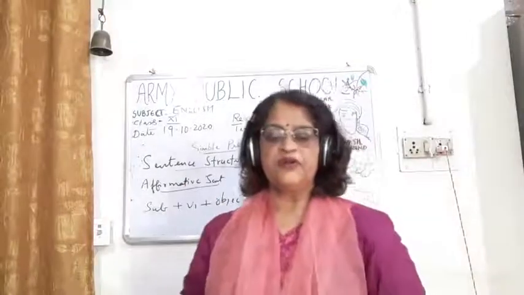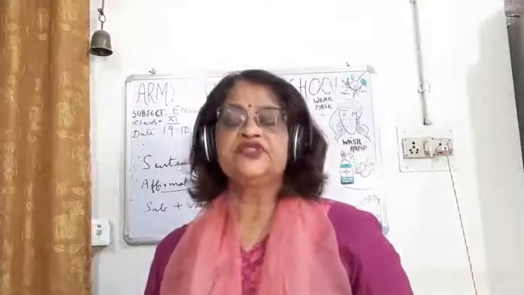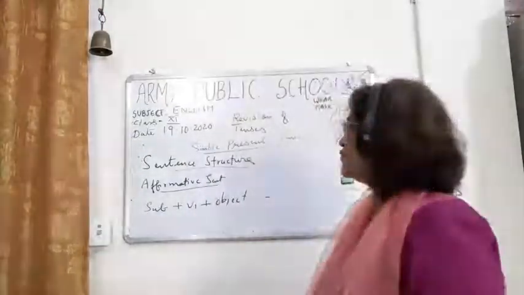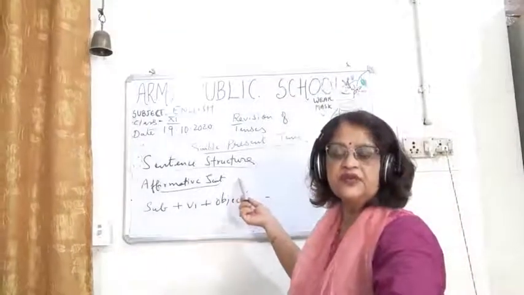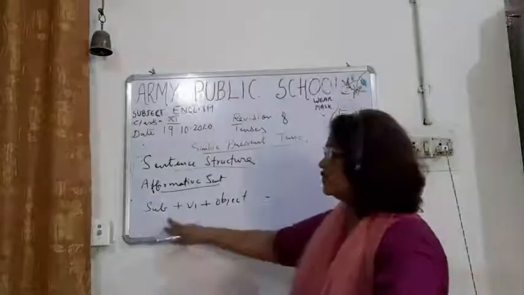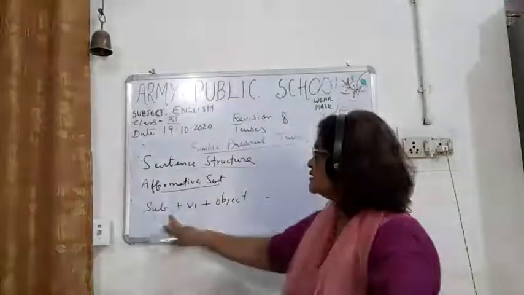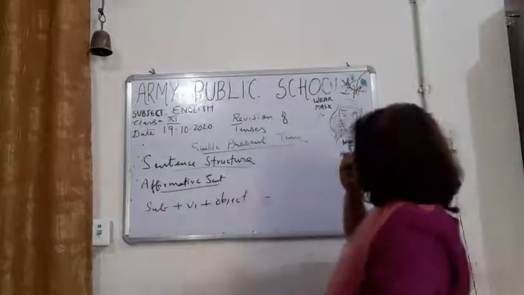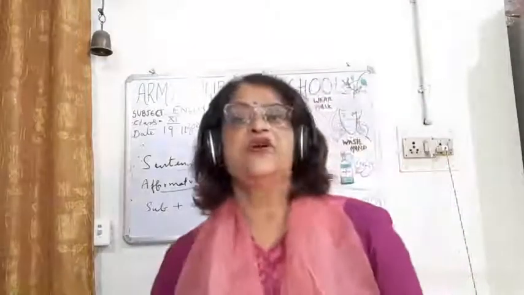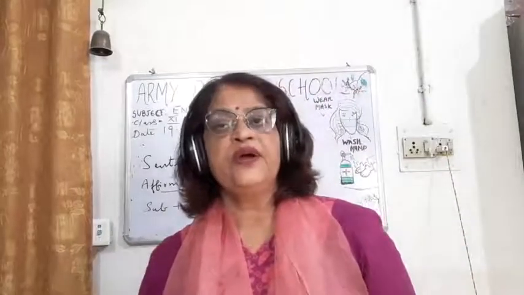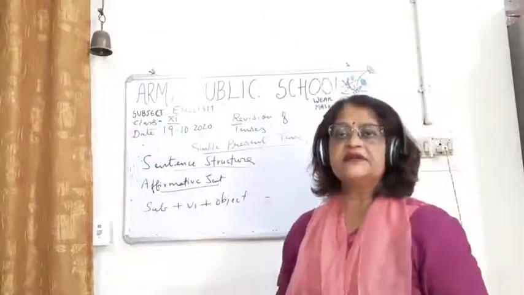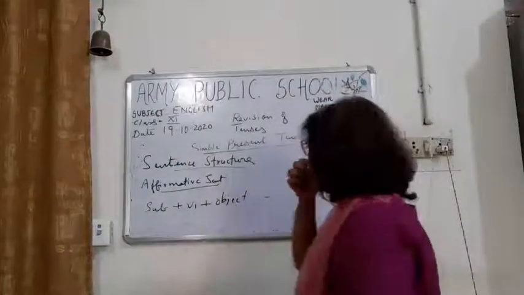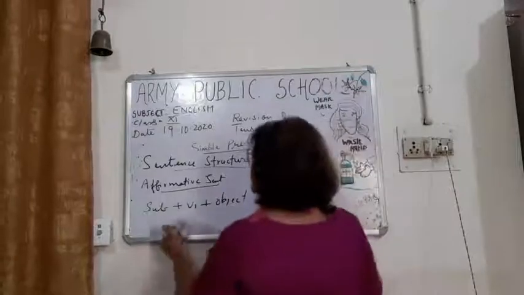So, children, now I will be explaining the sentence structure. First of all, we will be discussing the sentence structure in the affirmative sentence. What is the formula here? Subject plus V1 plus object. You have to learn this formula, then only you will be able to write correct sentences. So it is subject plus V1 plus object, like he